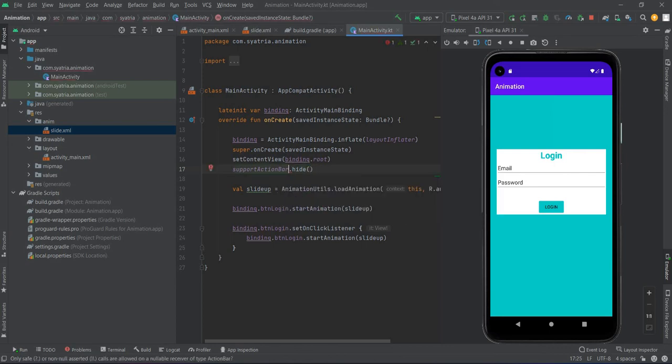If the dot gets red, sorry, if the dot is a red color, we just press Alt plus Enter and then choose add non-null asserted call, and then the red color will disappear, and then we apply it and the bar